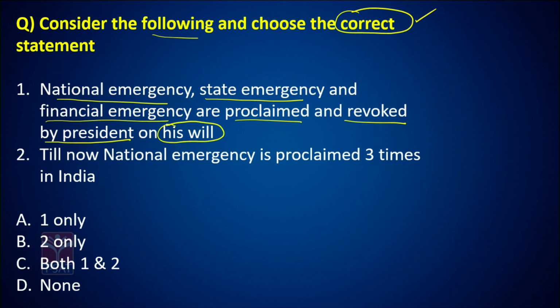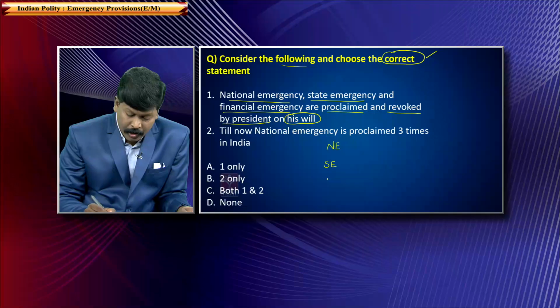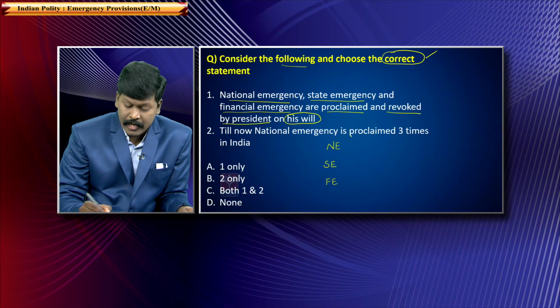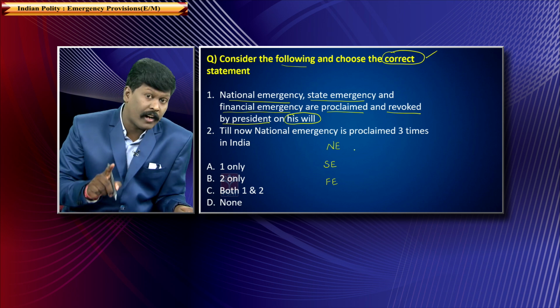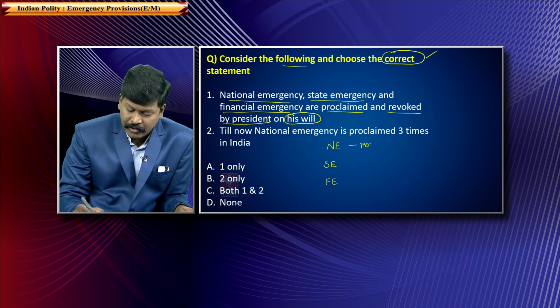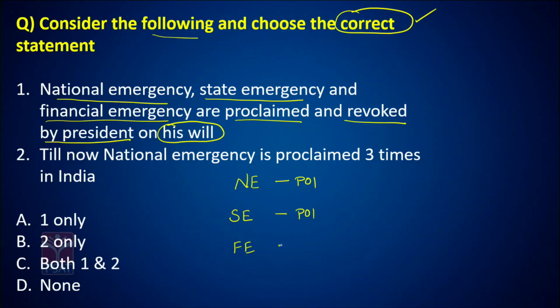See, this is a keyword. It says the national, state or financial emergency is initiated or removed by the President of India. Absolutely correct. Yes, the President of India proclaims or revokes any type of emergency,